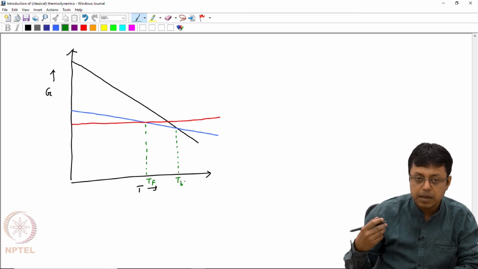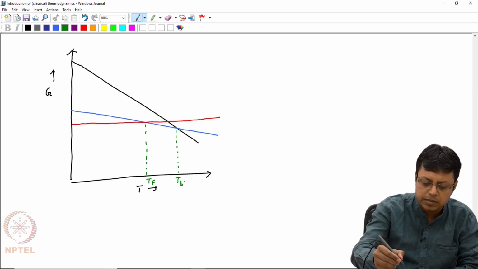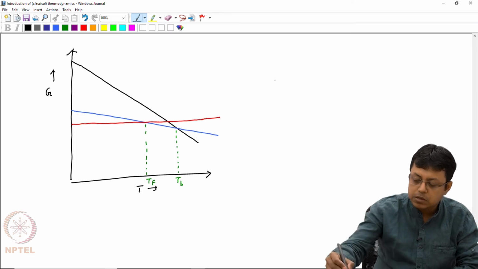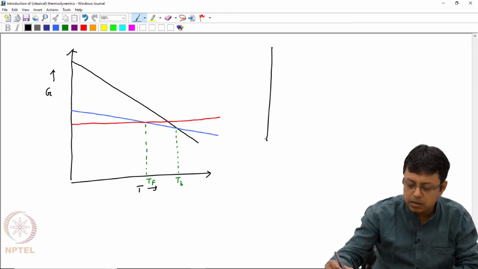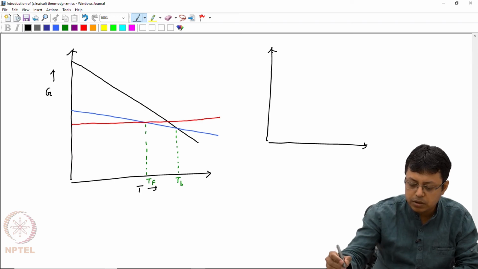Now suppose I am applying pressure, and I want to understand how these curves are changing. Particularly the freezing point. We'll just talk about the freezing point for the time being. So let me draw it once again. So freezing point is nothing but the intersection of the solid and the liquid. Now suppose I am exaggerating that curve. So for liquid I was using a blue line,